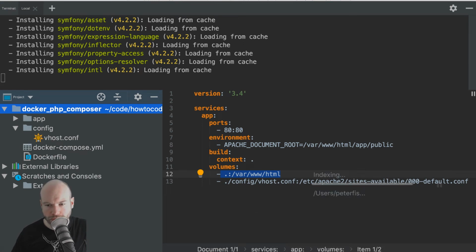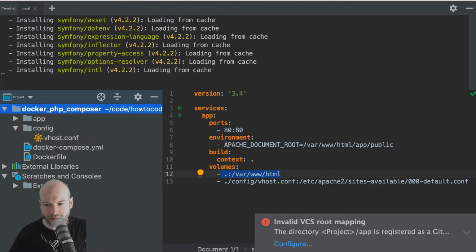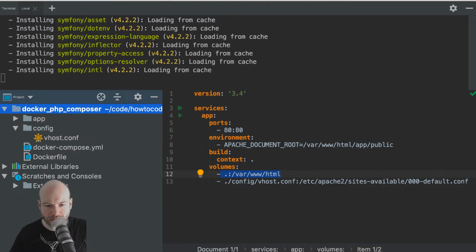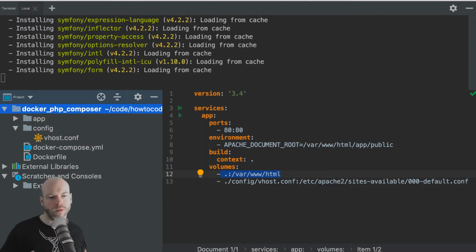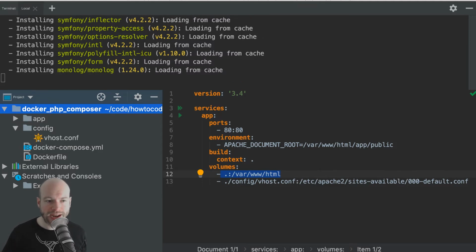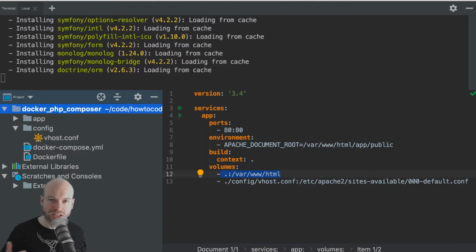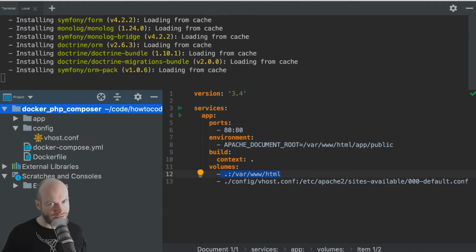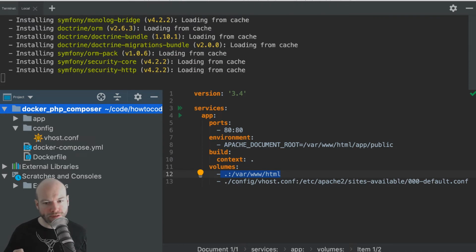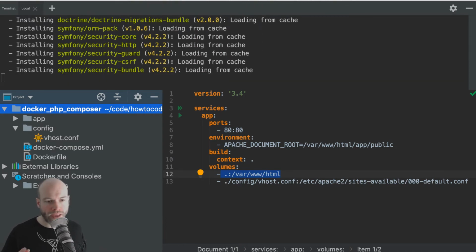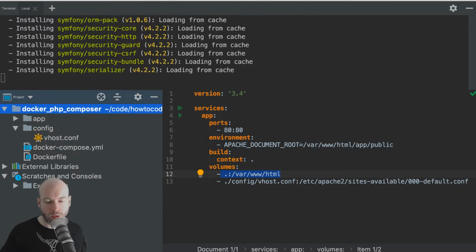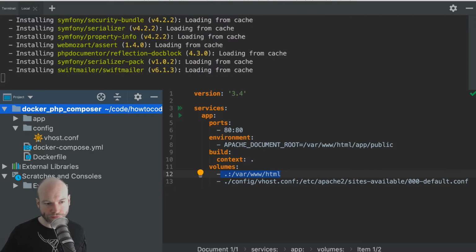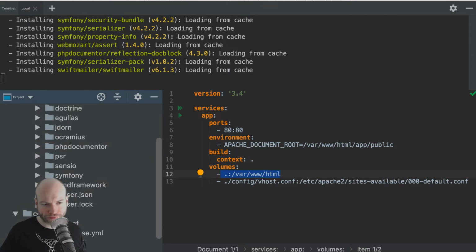So that's all well and good. Let's just remove all those errors. That's fine. It's just going to keep going, isn't it? It's just going to keep coming up with these warnings and errors. So what I was trying to get to with that is that we're not only installing this into the container, but we're also installing this into the host machine. So you got to be careful as to where your vendor lives, or where your project lives, because that's an awful lot of packages.